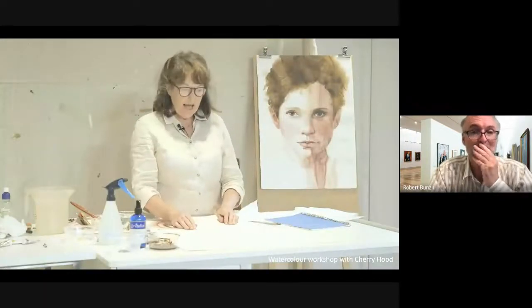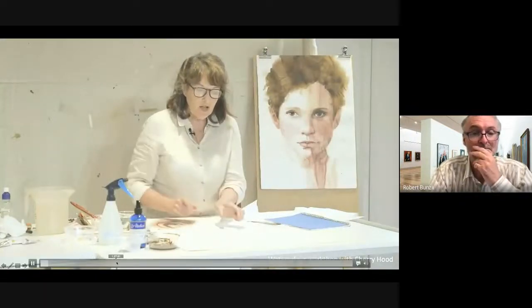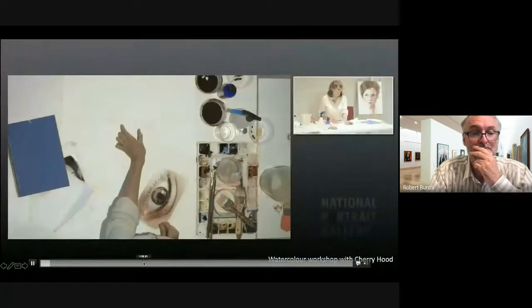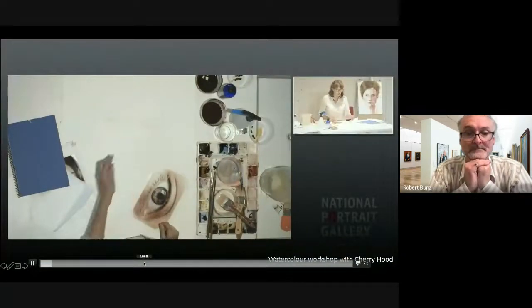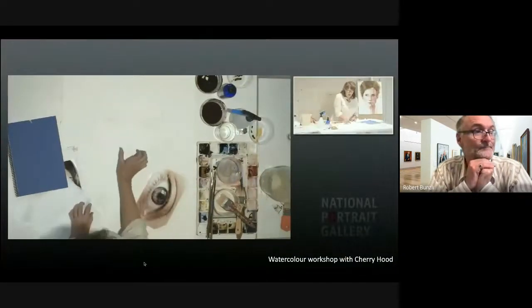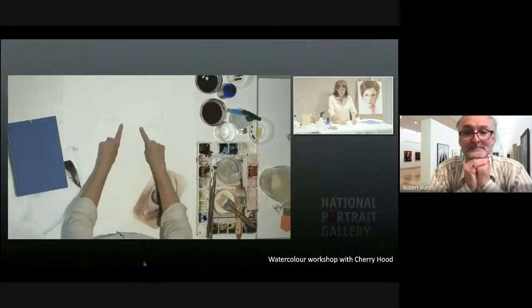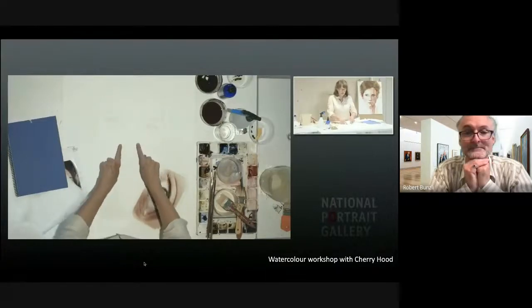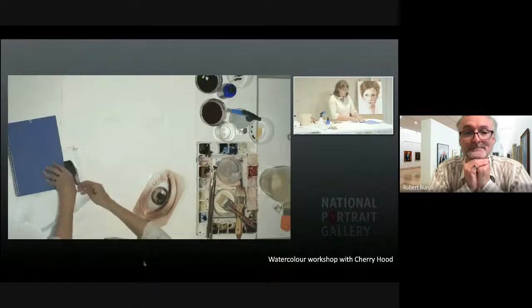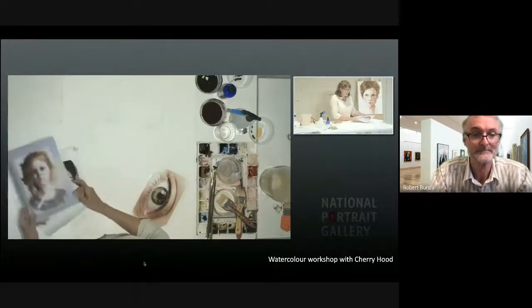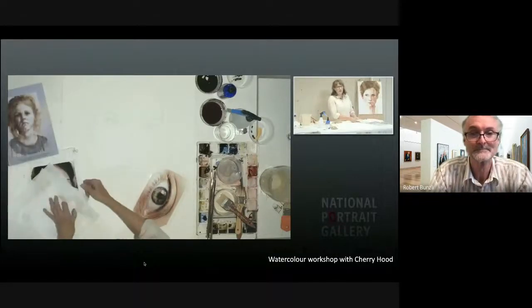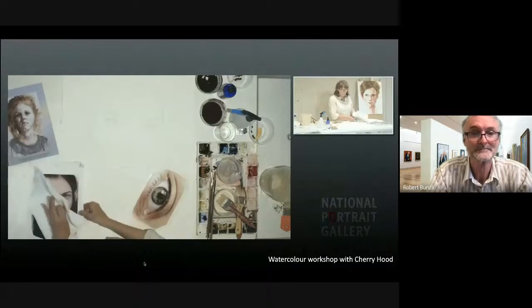I love to use the measurements and the proportions, and, you know, just little things like having an eye space between the two eyes is important, and the nose is the width of the space between the two eyes. Just all these little simple tricks that are spelled out to my students in a live workshop.